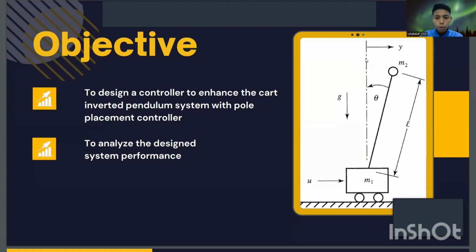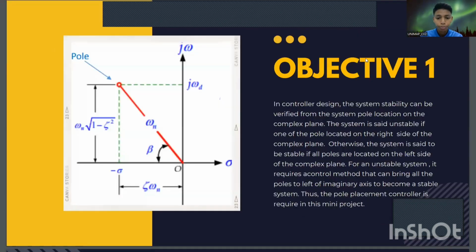Based on lab 2, the cart inverted pendulum system is an unstable system but improved by using the pole placement controller. However, the system outputs produce an enormous error. Thus, the first objective of this mini project is to design a controller to enhance the cart inverted pendulum system with a pole placement controller. In the controller design, the system stability can be verified from the system pole location on